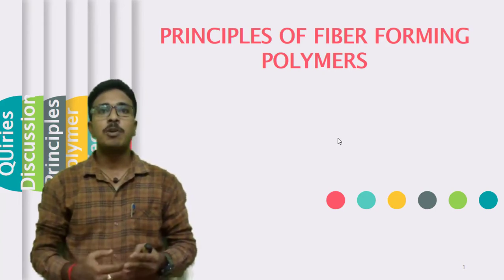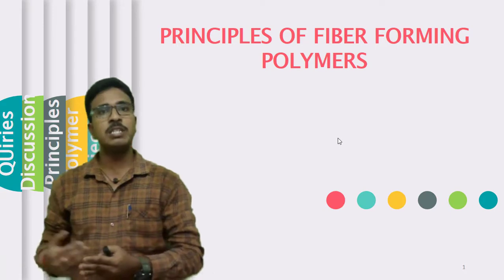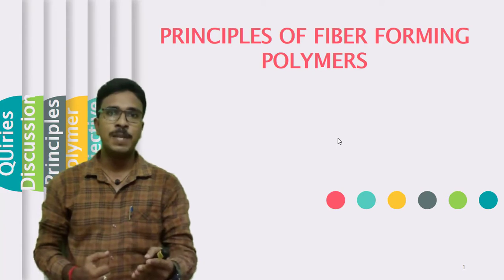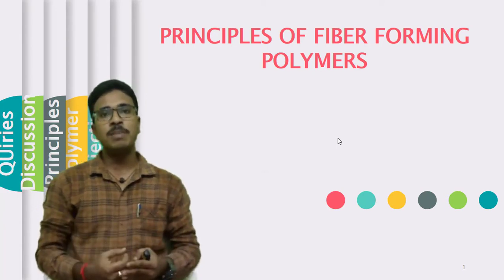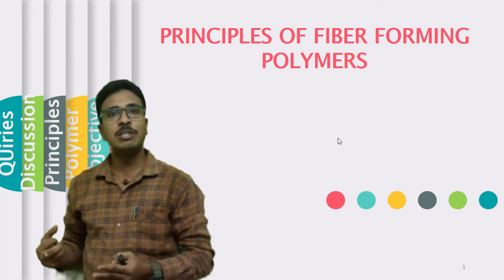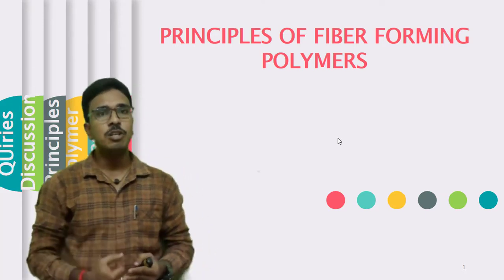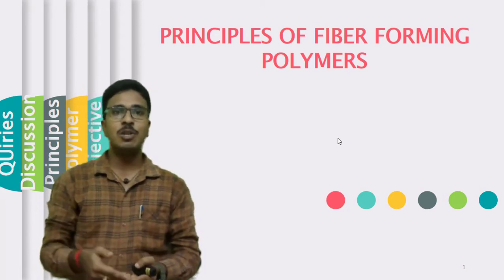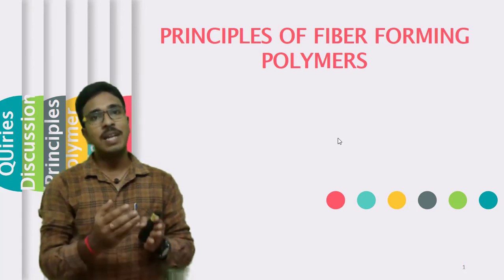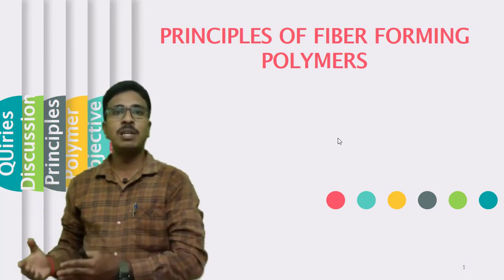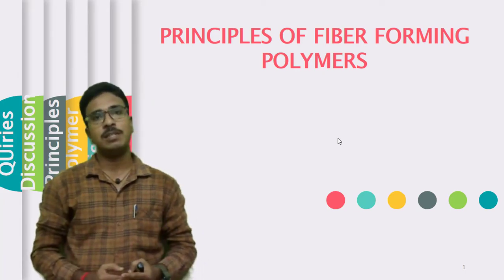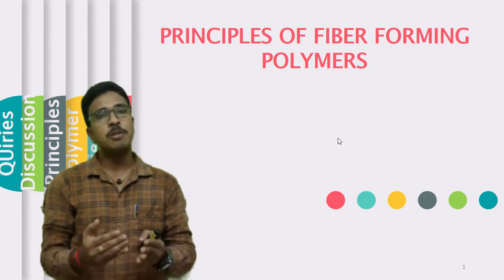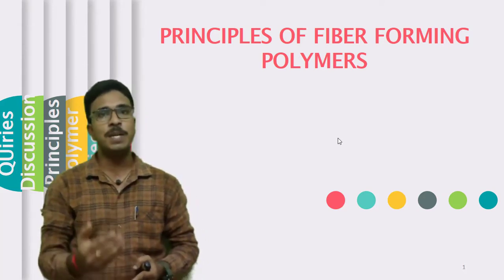Generally, in the process of making polymer into continuous length of yarn, there are two important spinning techniques available. One is melt spinning technique, where we are melting the polymer through which we are getting continuous length of yarns. In case of solution spinning, instead of melting the polymer, we are dissolving the polymer in a suitable solvent, and that polymer solution we are taking for production of continuous length of yarns. Understand? So by means of these two spinning techniques, we are producing continuous length of yarns. This is called the spinning process.